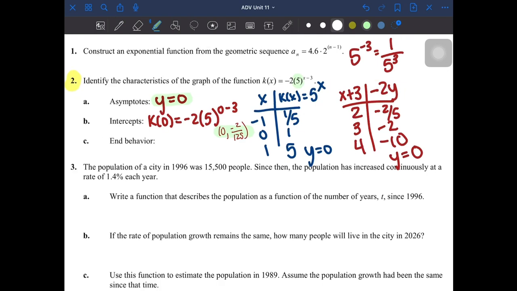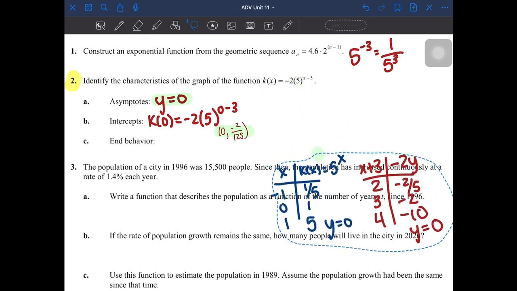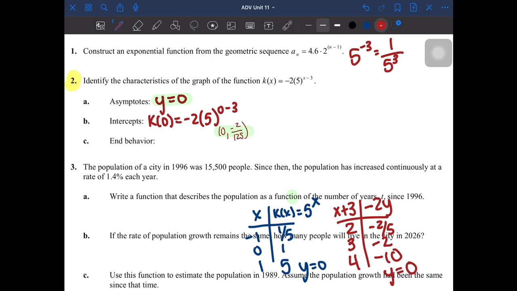And then my end behavior, if I'm going to graph this, I'm going to go ahead and pull this off to the side real quick. So bear with me, it might be a little messy. Okay, so I'm just going to pull this down here. If I have my graph,